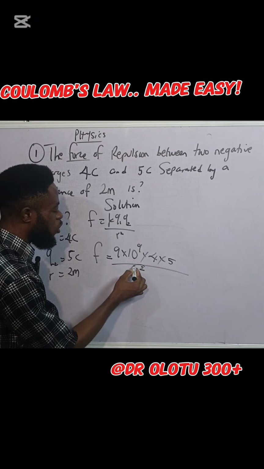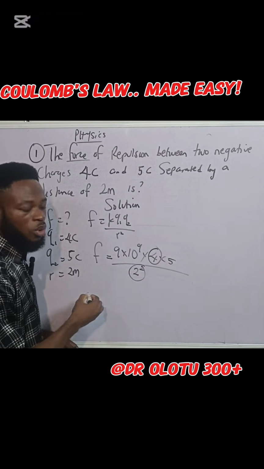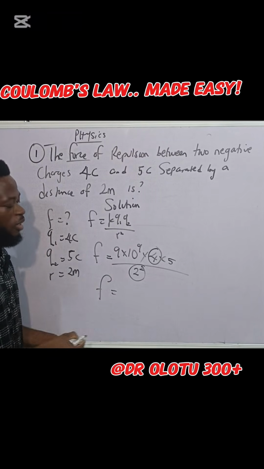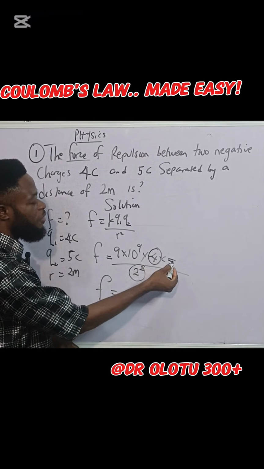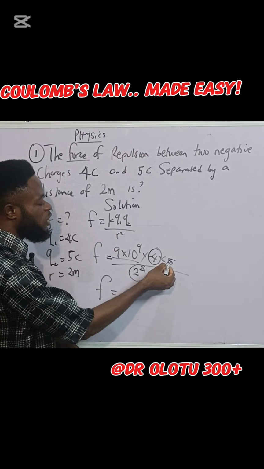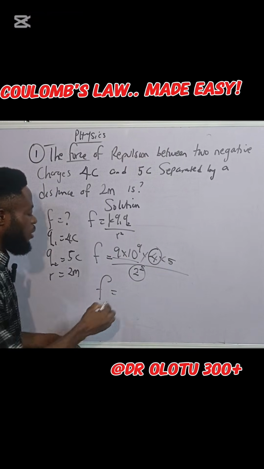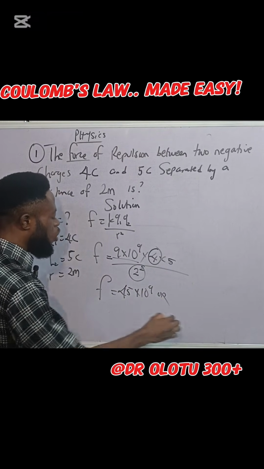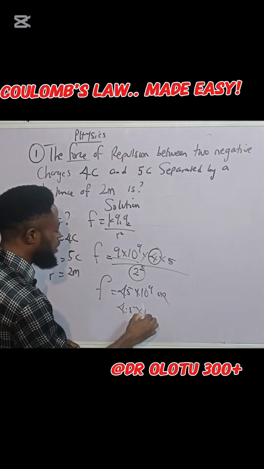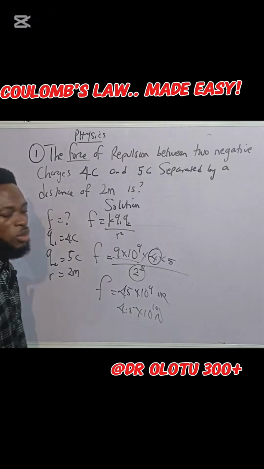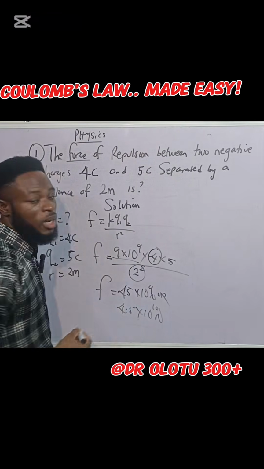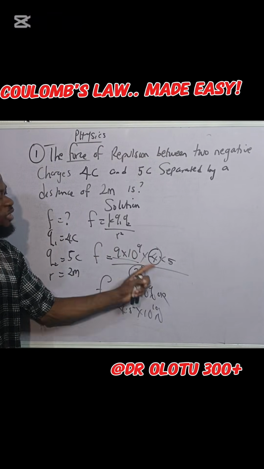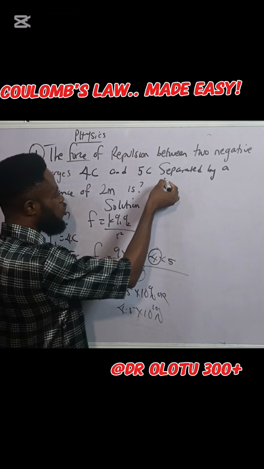So if this is 4, 4 can cancel out 4. F equal to, if 4 cancels out 4, you now have 5 times what you have here. What is 5 times 9? 45, right? So that becomes 45 times 10 raised to power 9, or 4.5 times 10 raised to power 10 Newton. This becomes your answer. If, however, solving this way is confusing for you, you don't have to